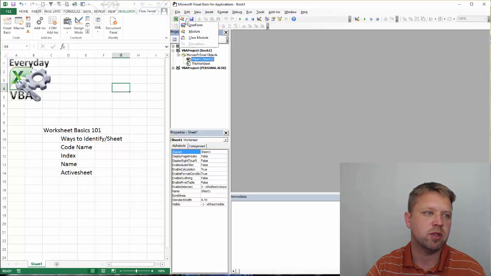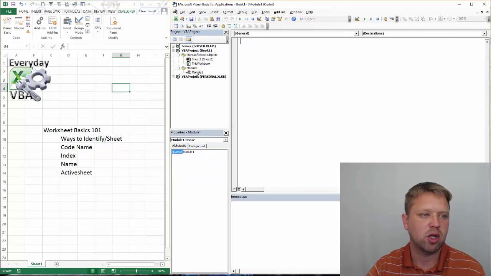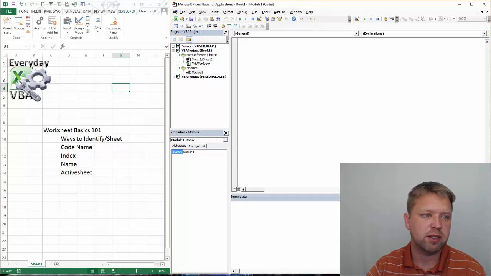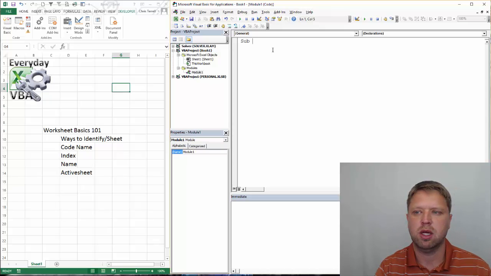Now, first thing we want to do is open up the module. That's going to open up our code. That's where we're going to put the code. You'll notice that I have one workbook open. It's called Book 1. I've got one sheet. If I click on that, it's going to show me my properties. Let's go ahead and go down here. We're going to go sub. We're going to call this sub